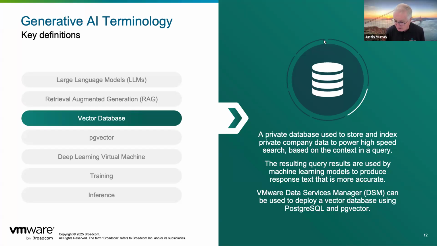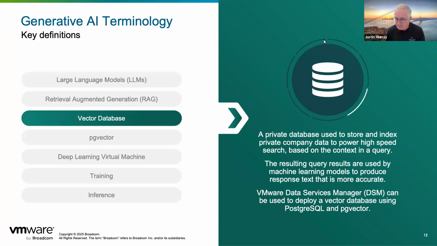The user has asked a question in a user interface called a chatbot. And so those results, maybe they're everything to do with GPUs on VMware that I've asked a question about. Those results are passed to the large language model, and the large language model summarizes them, massages them into a nice answer. The large language model completes the answer. It's called a completion model. So that's how vector databases help or augment a large language model.